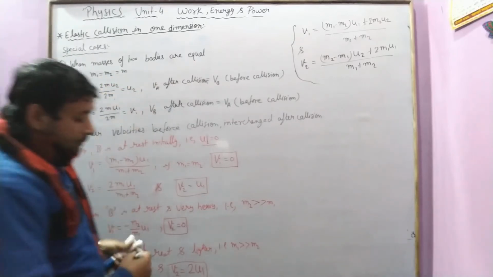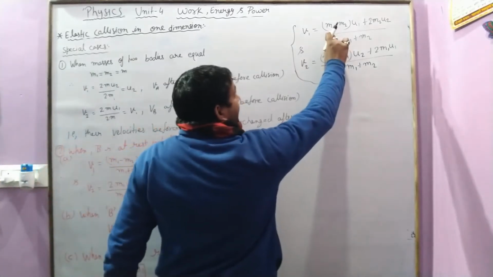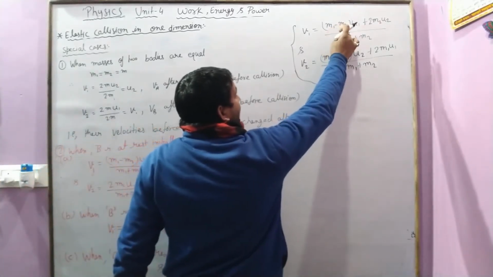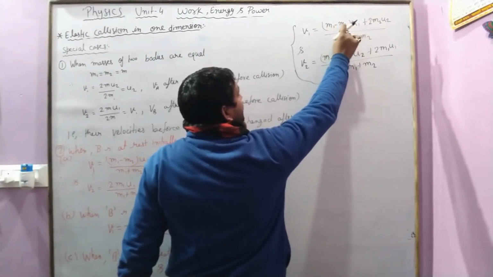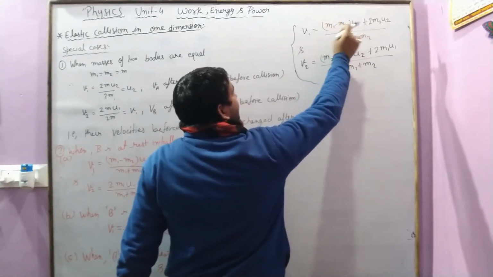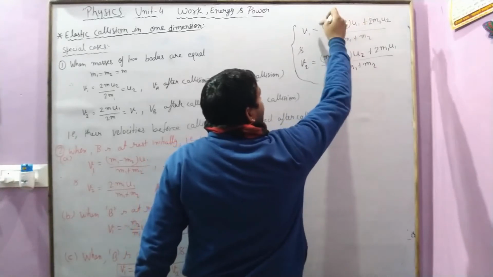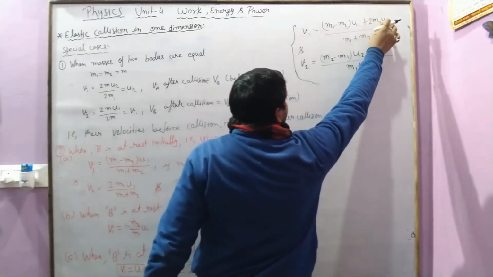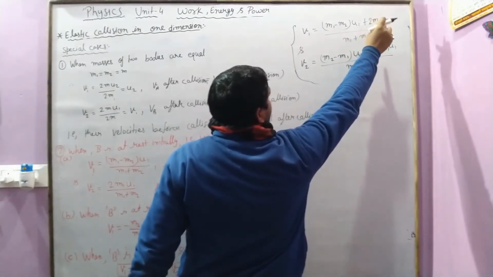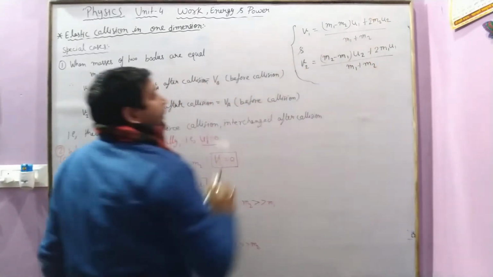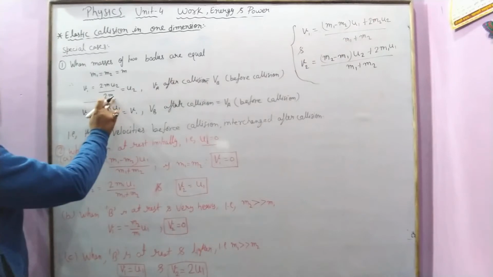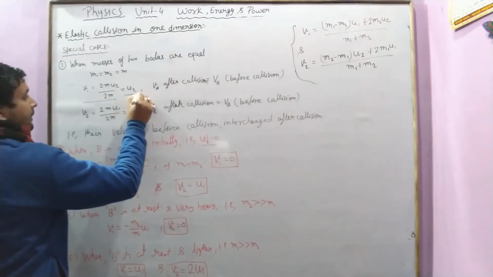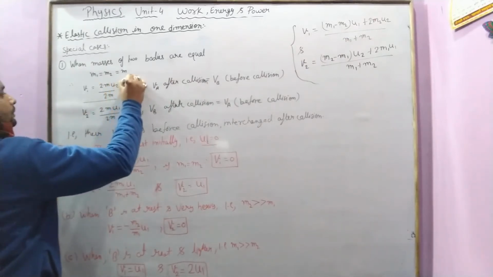Therefore if you put m1 equal to m2, m1 minus m2 becomes 0, so this term becomes 0, and it is equal to 2m u2 upon 2m. So 2m is cancelled by this, and we get the velocity